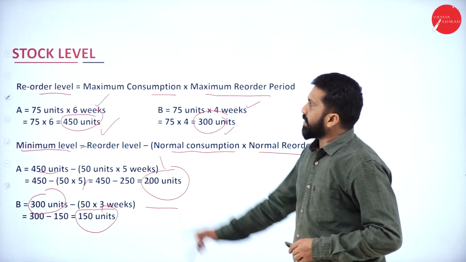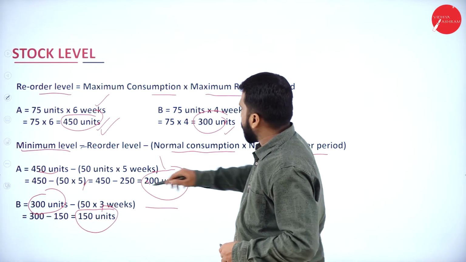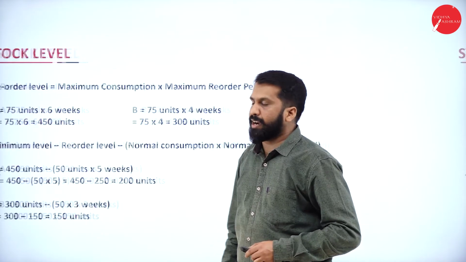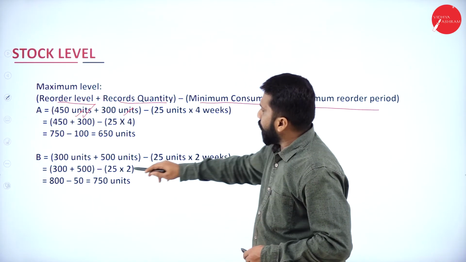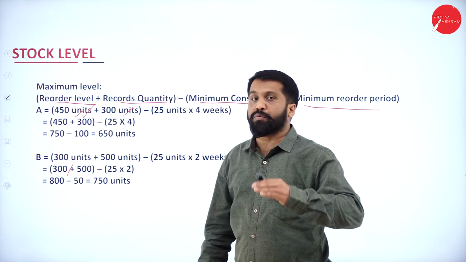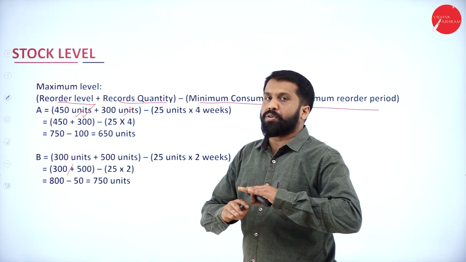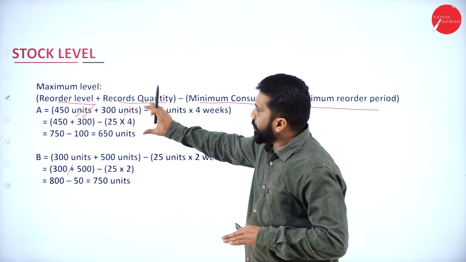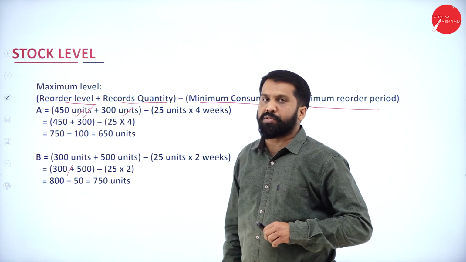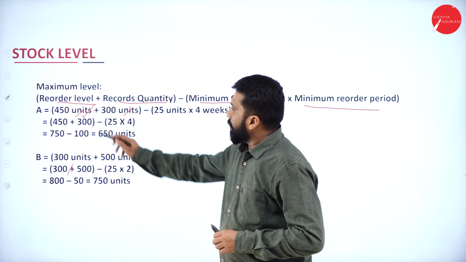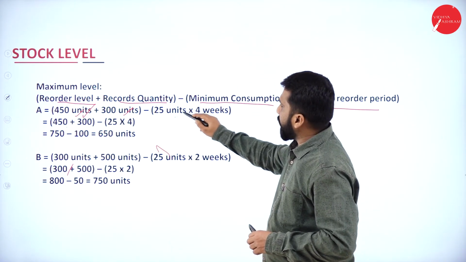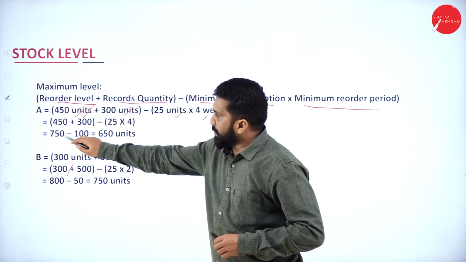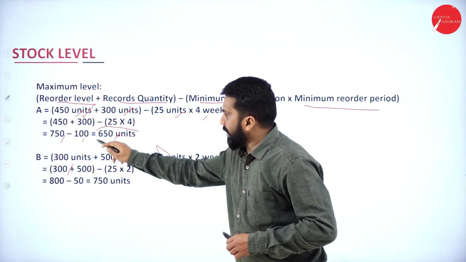Now, what is the reorder level? We got 450, we got 300 answer. Both we copied. Very simple. Don't make any confusion. You can do A separately, you can do B separately. Now, add this: you will get 450 plus 300, 25 into 4. So it will be 750 minus 100. Your answer will be